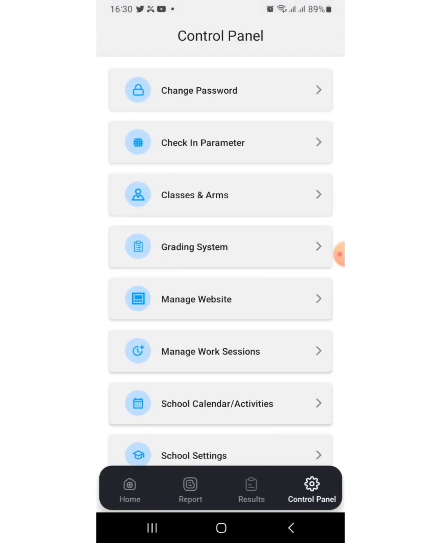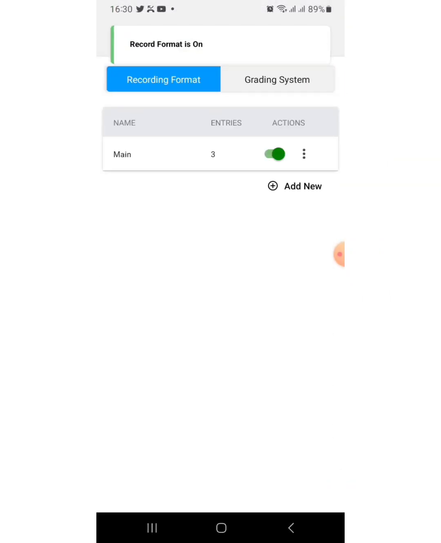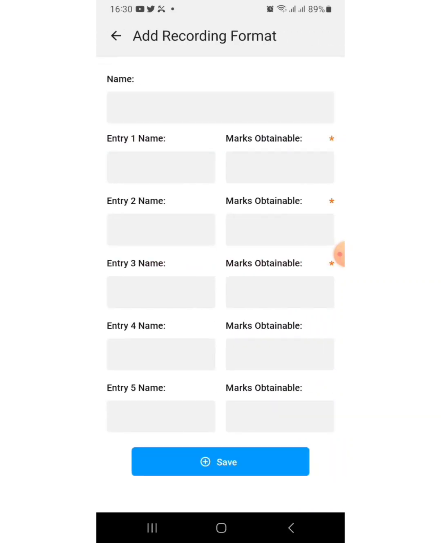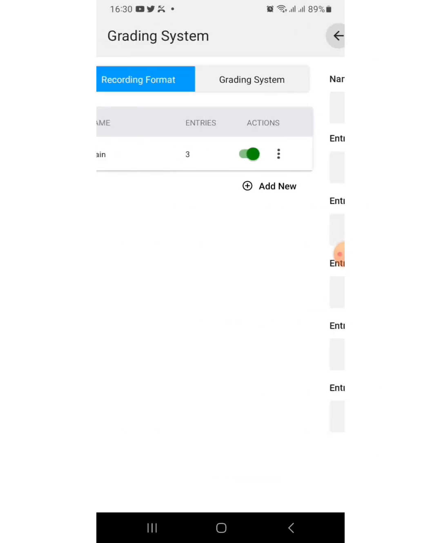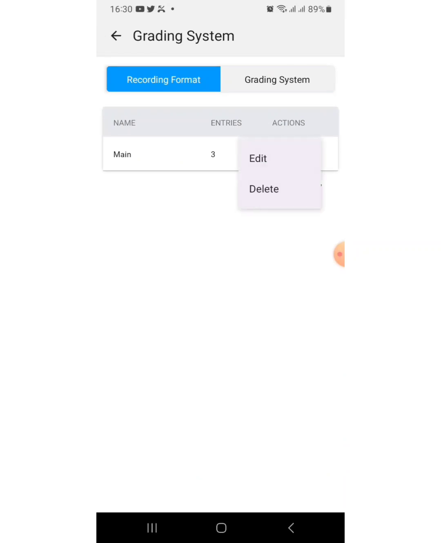All right. For the grading system, yes, this is where your school has the flexibility to set its own recording standard. Clicking on it, the actions you can perform are adding a new recording format, setting marks obtainable for different exams or exam divisions, and at the same time, you can edit a